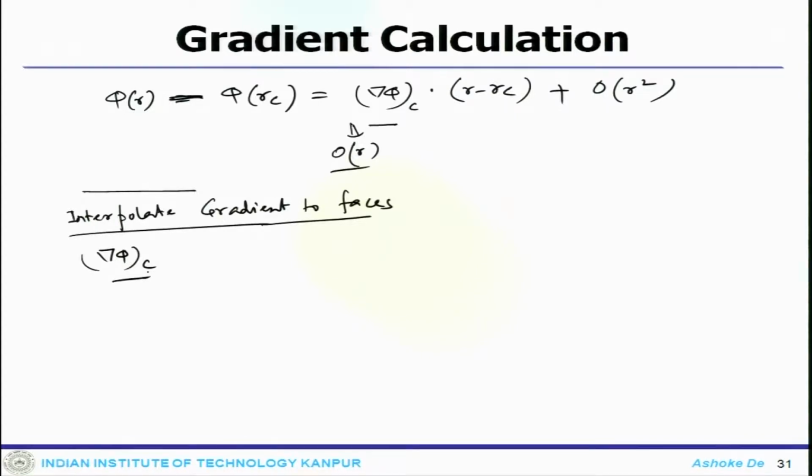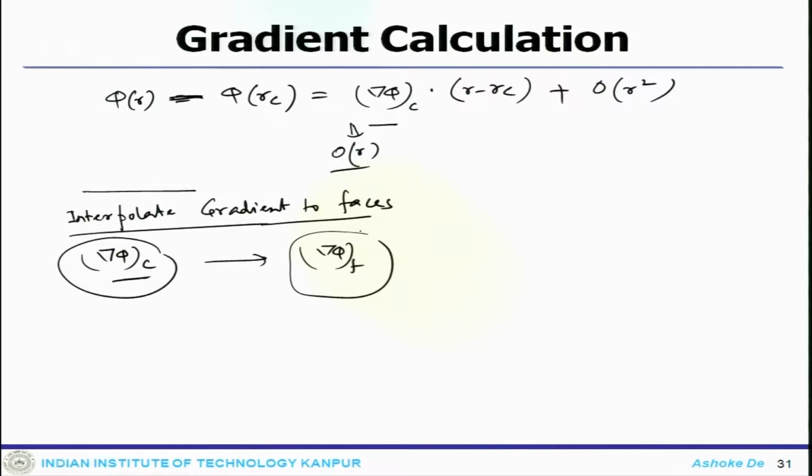So, what we have looked at in the diffusion equation is that non-orthogonal grids require some sort of a correction term involving the gradients at control volume faces. So, in this situation the gradients need to be interpolated from the control volume centroids where they are computed to the control volume faces, where they will be used. So, from here it can be transferred to the face. So, that is another challenge, how do we do that.